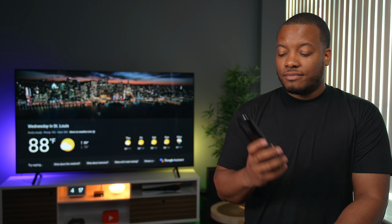Right now in St. Louis, it's 88 degrees and partly cloudy. Today, it'll be partly cloudy with a forecasted high of 89 and a low